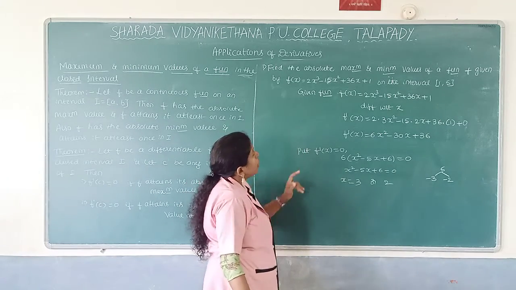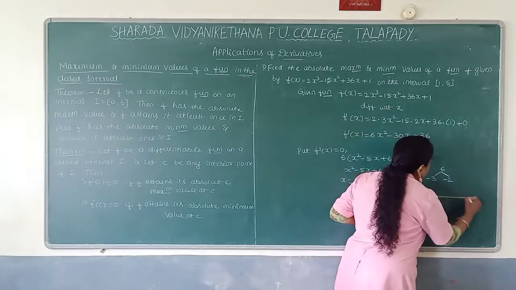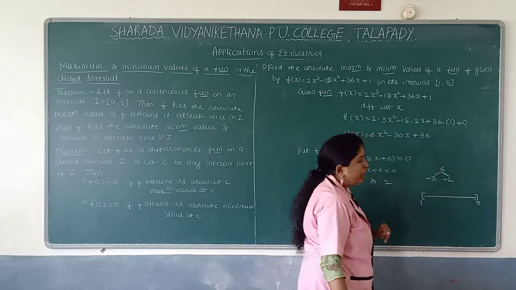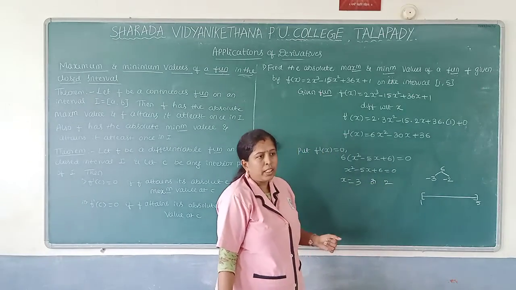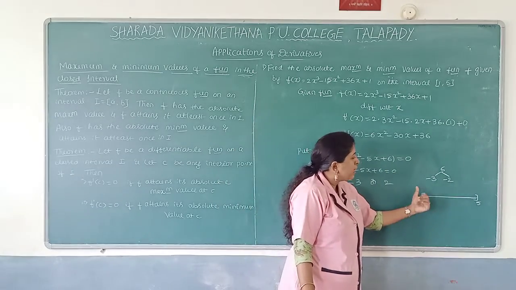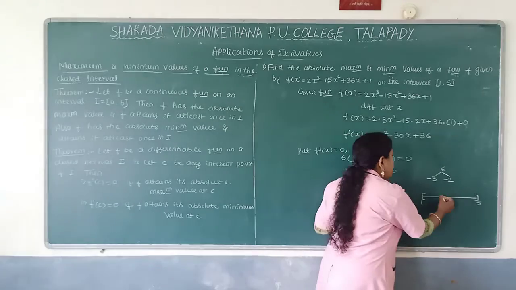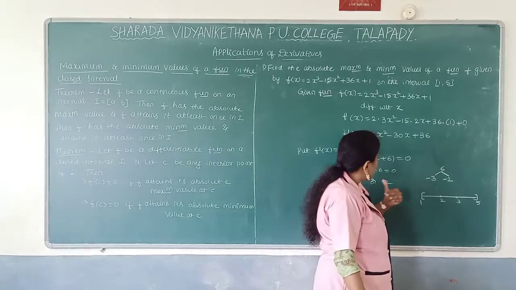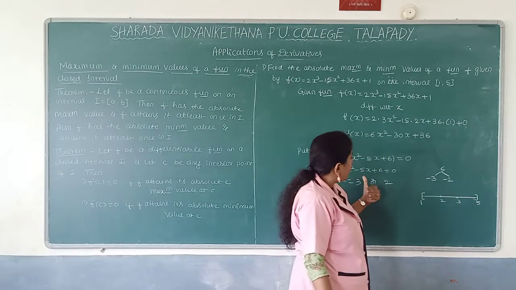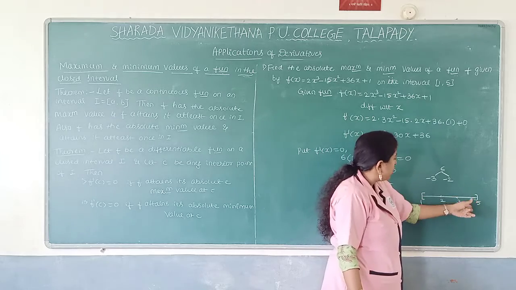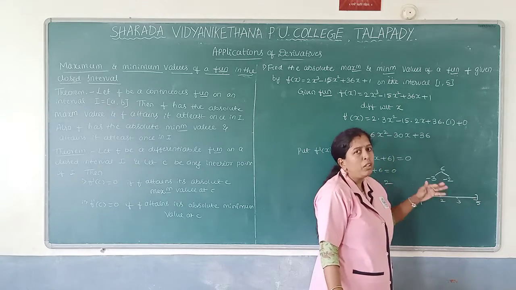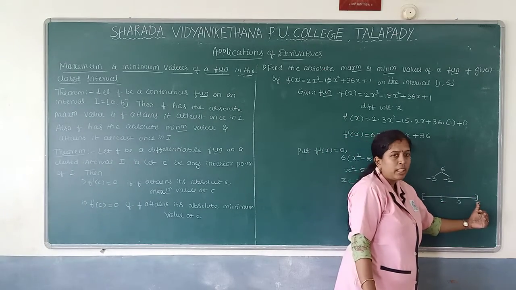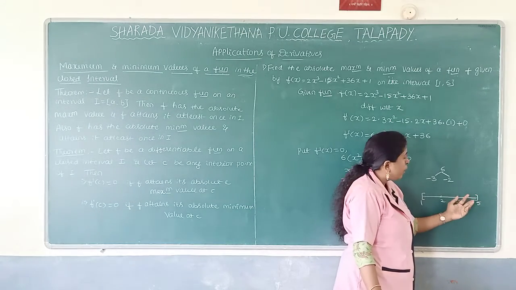Now, the interval 1 to 5 is a closed interval, meaning including 1 and 5. In that one, the critical points you got are 2 and 3. Both values lie in between the interval only. That's why we can take both 2 and 3. For example, if after calculating critical points you get a value other than in this interval, that value should be neglected. But in this problem, both values are in between the interval only. That's why 1, 2, 3, 5, all of them are there.